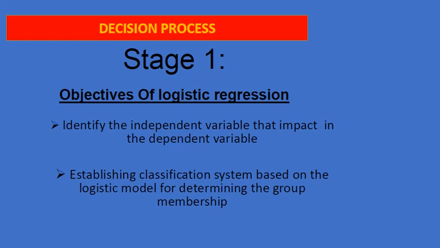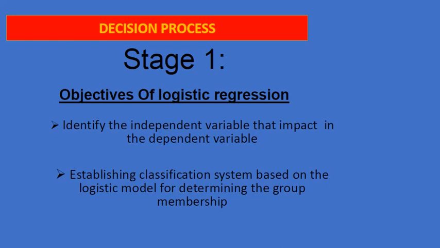So now let's discuss the objectives of the logistic regression. The first objective of using the logistic regression is to identify the independent variable that makes an impact on the dependent variable, right? So we have the same relationship here, which was between the dependent variable and the independent variable, and the basic goal in logistic regression is to identify what the impact of the independent variable is